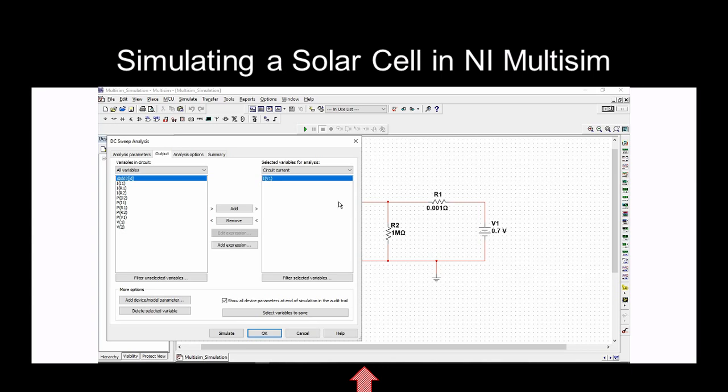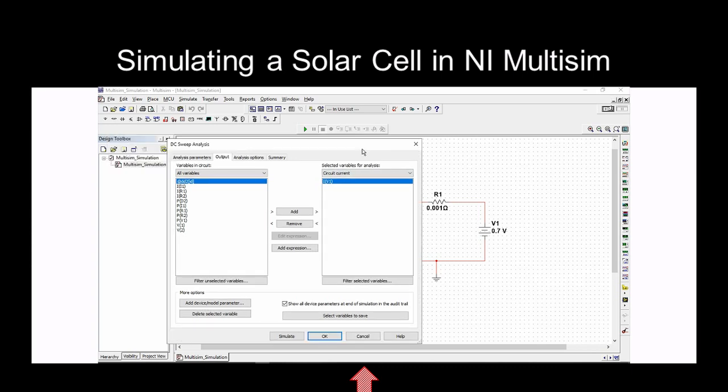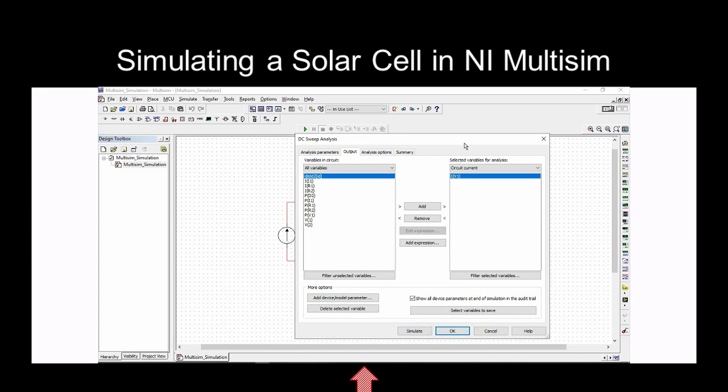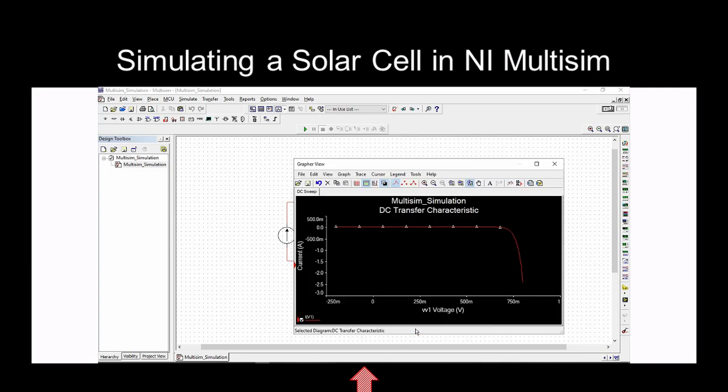Therefore, I will measure the current going through this voltage supply, and that's what I am measuring in my output. Once that is set, I click on simulate,